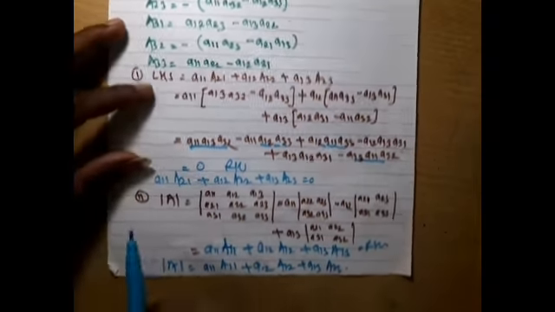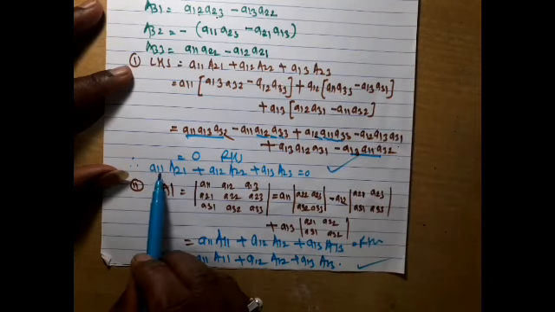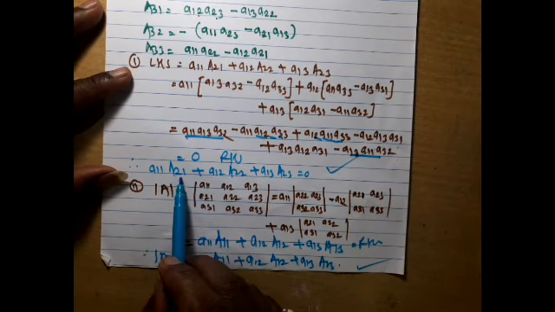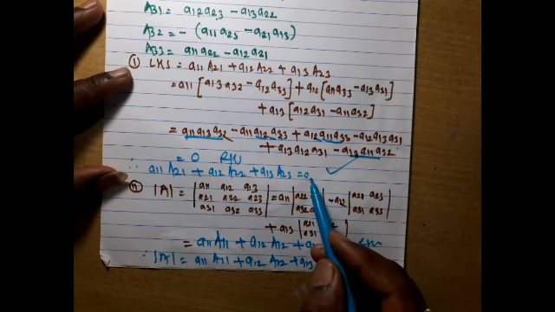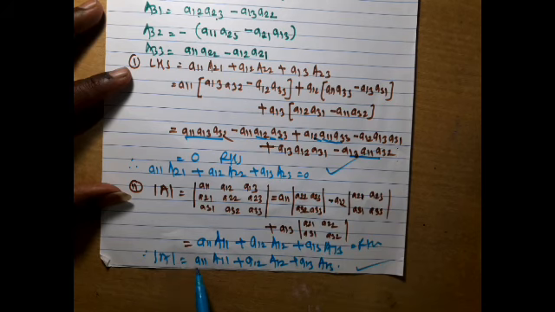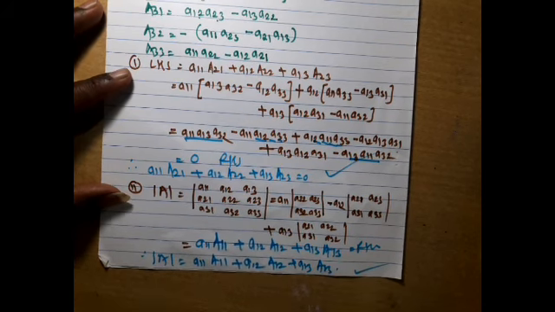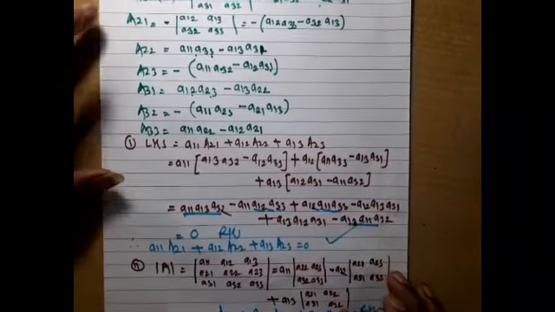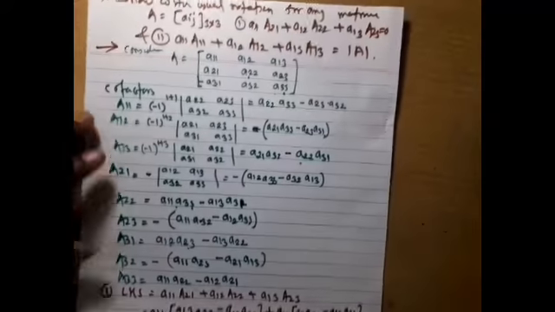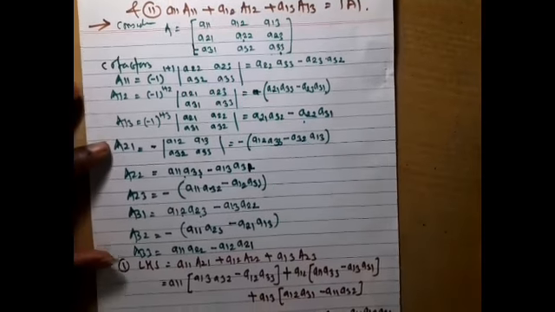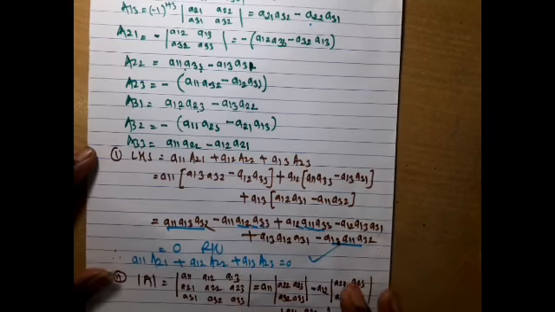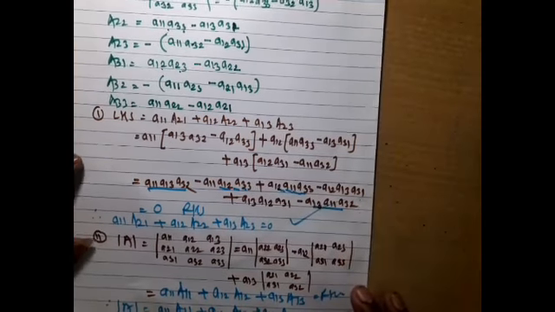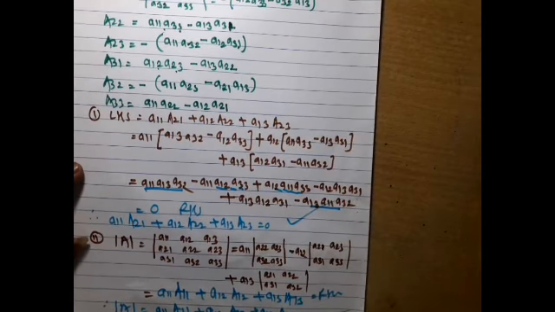So here these two results are important. When the first row is multiplied with the cofactors of another row, their sum is always 0. By expanding row-wise with the corresponding cofactors, their sum will be the determinant of the corresponding matrix. So this is a very important example. If it is asked for the board, it will be for 4 marks, so you should be prepared for it. Remember, for the board exam, shortcuts are not allowed. You have to solve the examples stepwise because board assessment is stepwise.